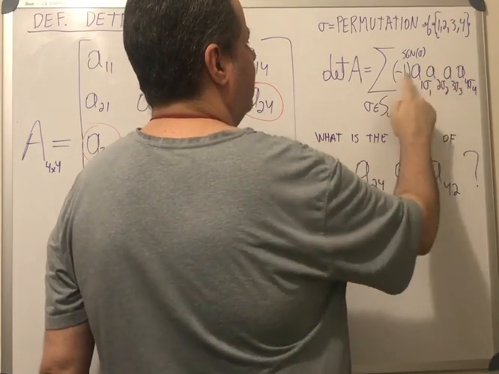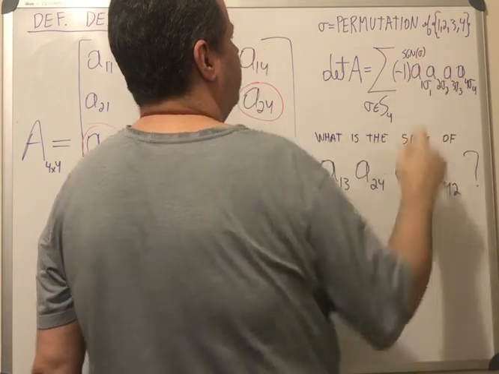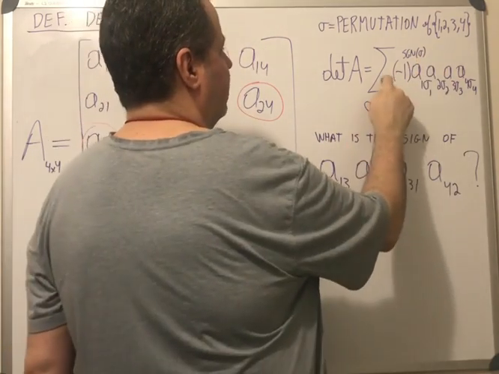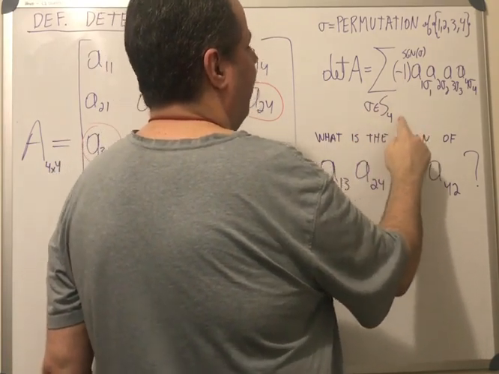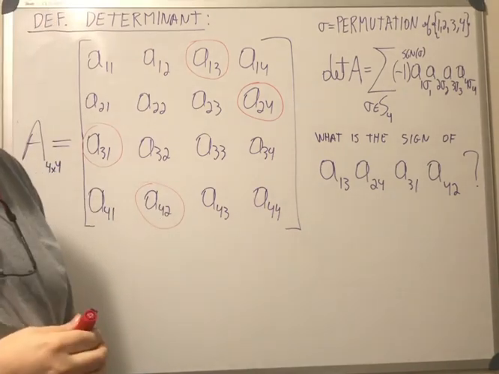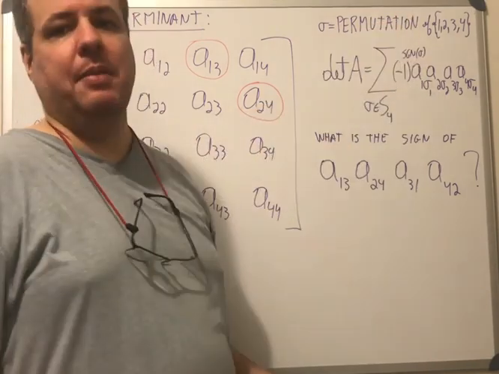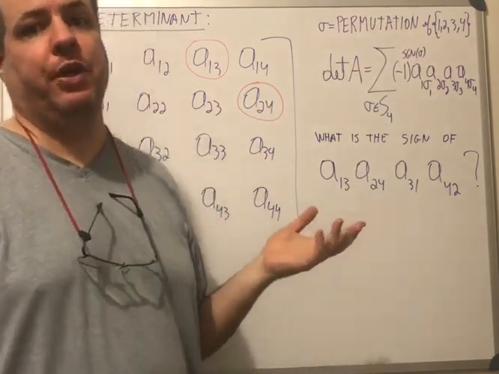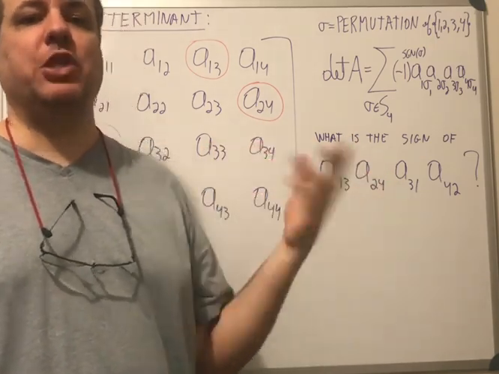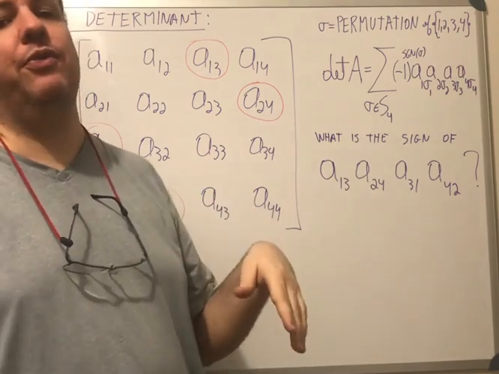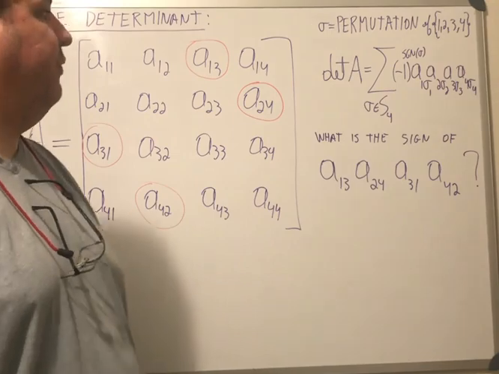Now, in this product here, I'll have minus 1 raised to the sign of this particular permutation, and I will calculate the sum over when the permutation belongs to the set S4 of all possible permutations. Okay? So how many permutations do I have of 4 elements? 4 factorial. So in general, if you have a set of n elements, you have n factorial bijective functions from this set to itself. In this example, I have 4 elements, so I have 4 factorial,